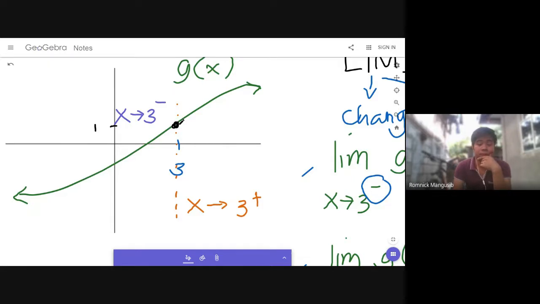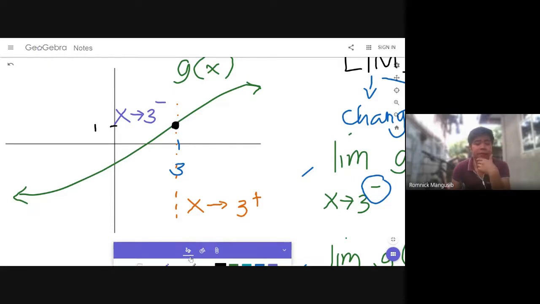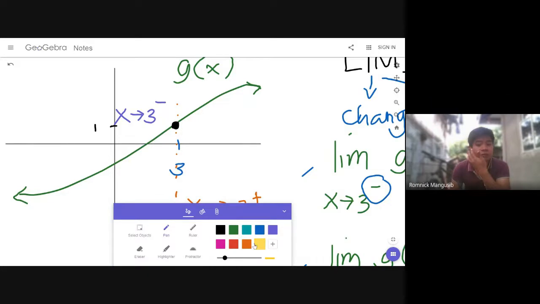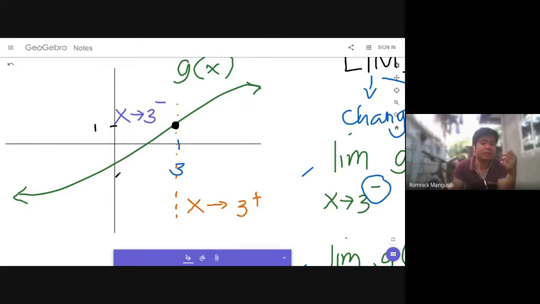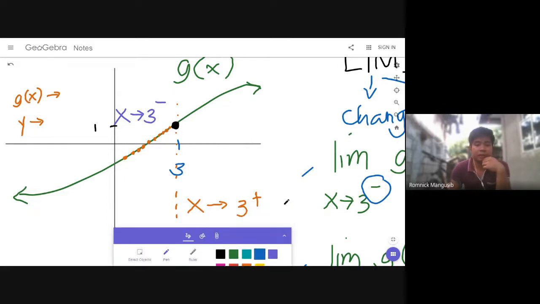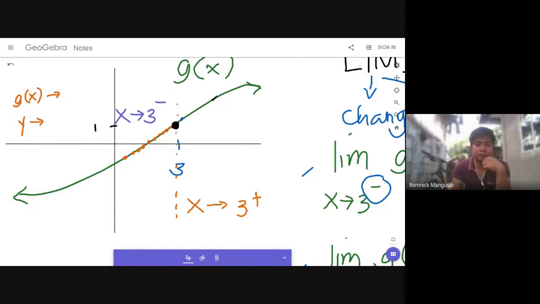So, here. Class, ang ibig sabihin ng limit is you are trying to understand and analyze graphically when x approaches 3 from its left. Tingnan nyo yung nangyayari. Saan papunta ang y? Saan papunta ang g of x, which is also y? And when x approaches 3 from the right,